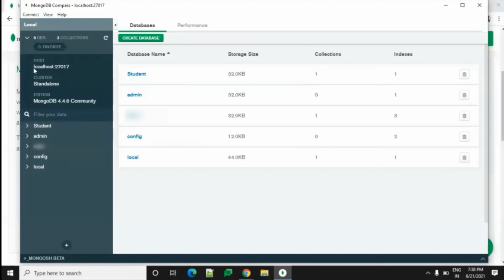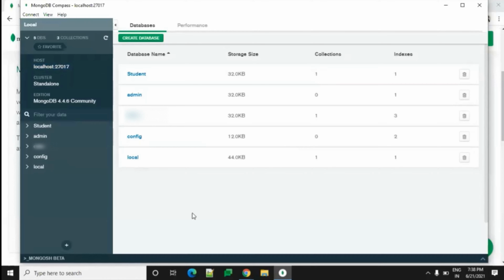So MongoDB is completely a NoSQL database. So we will not name things as tables, columns, fields, like that. So here we have a database. Inside a database, we will have a couple of collections. Inside a collection, you will have documents. So documents are nothing but records, and collections are nothing but tables.